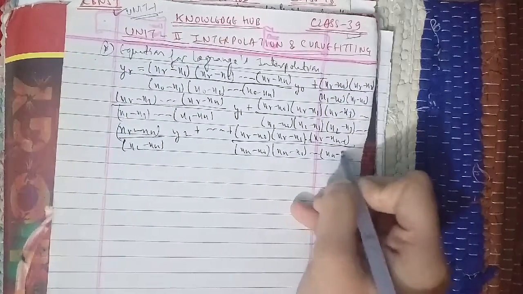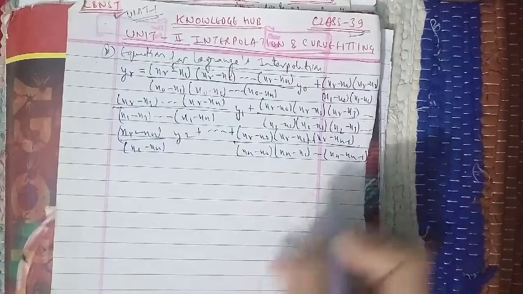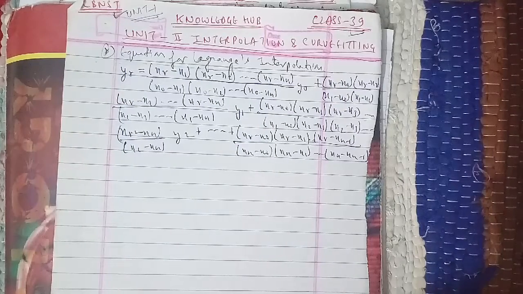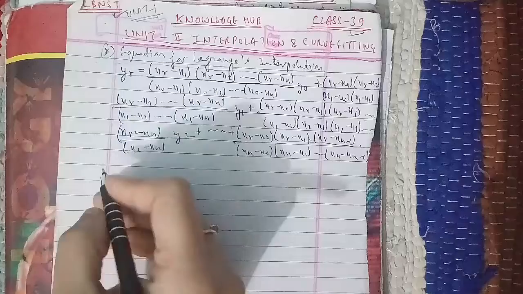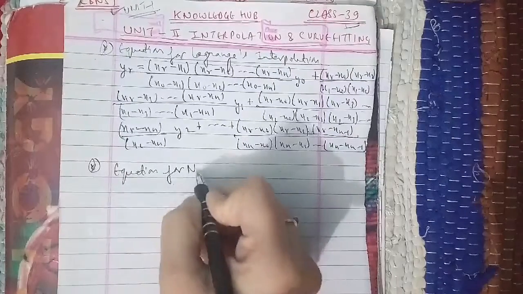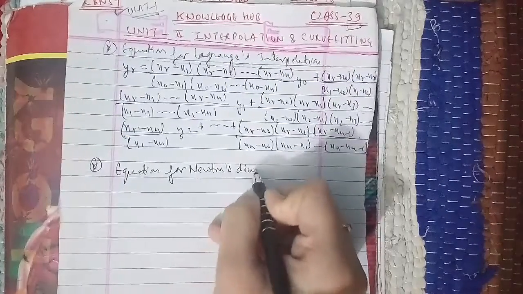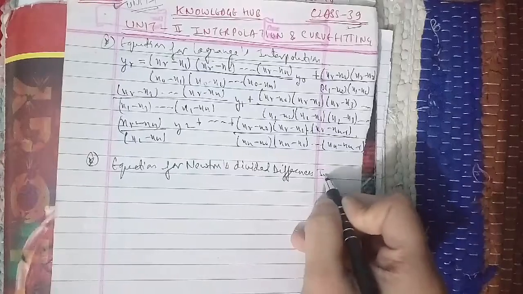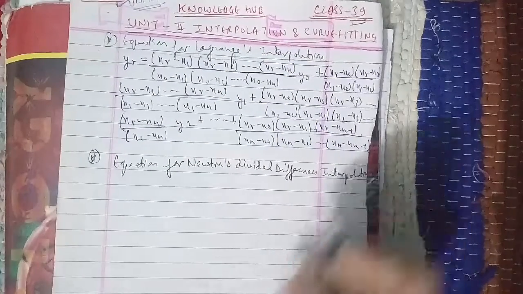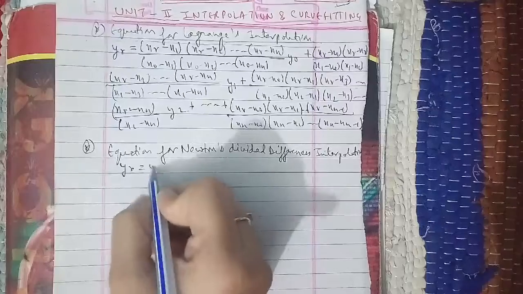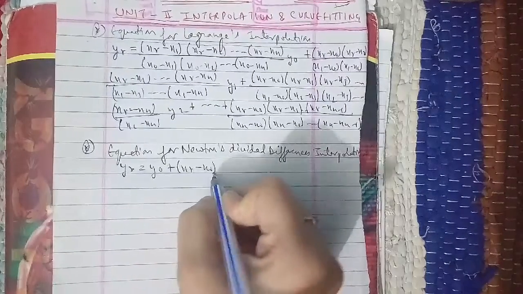Now we talk about another question: write an equation for Newton's divided differences interpolation. The formula for Newton's divided differences is yr equals y0 plus xr minus x0 times y[x1, x0], plus xr minus x0 times xr minus x1 times y[x2, x1, x0]